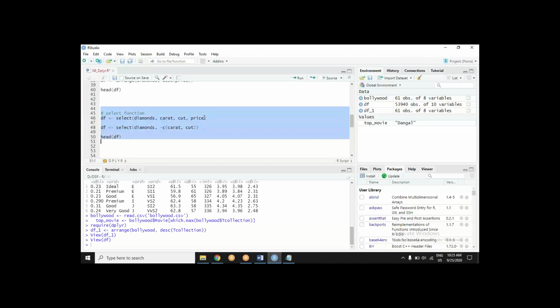So here, simple syntax. I think you will make the meaning out of this. I don't have to go into very much detail. Select, I mention the data frame, which dataset it is, and what select does is it selects some columns. If I index it negative, what is negative indexing? Similar. Leave those columns.